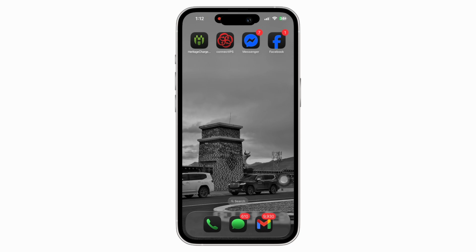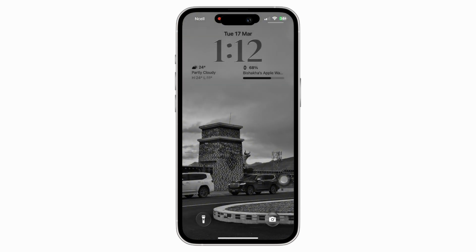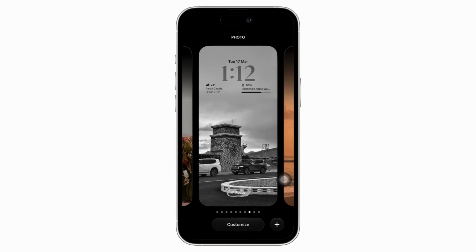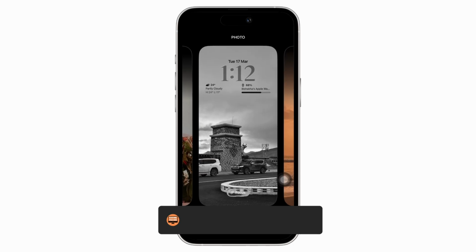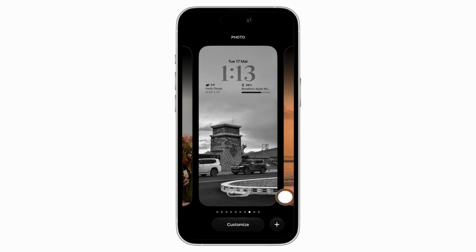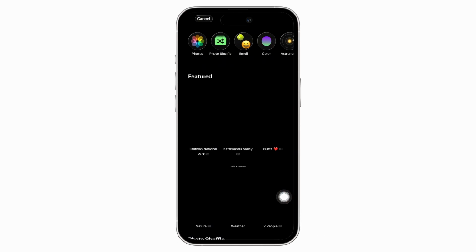Now let's get right into the tutorial. Firstly, swipe down from the top left of your screen and you will be led to your lock screen. Here, tap and hold on it and you will see the option for customize and you will also see the plus icon. You can tap on the plus icon you see there and then go ahead and choose a new wallpaper